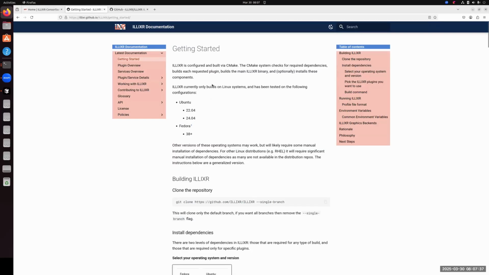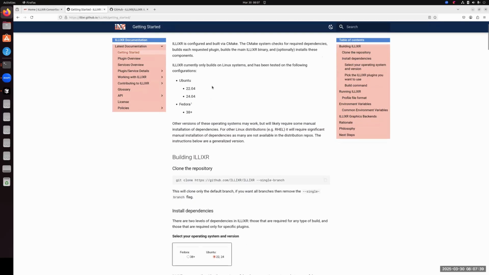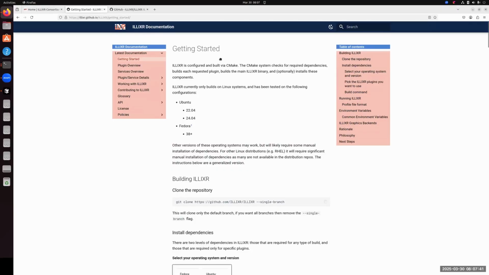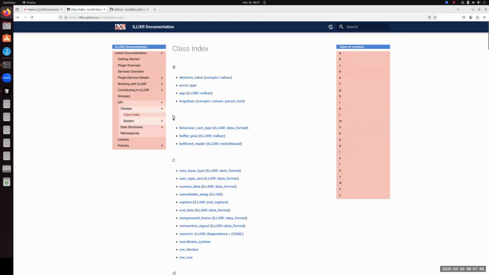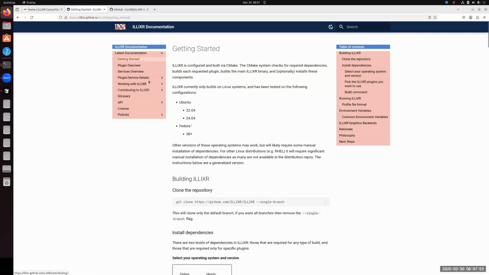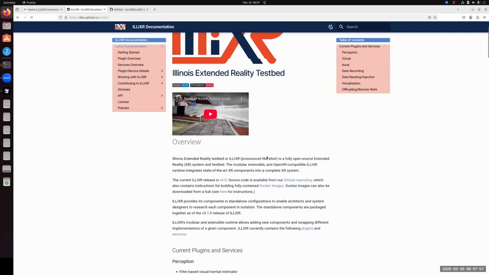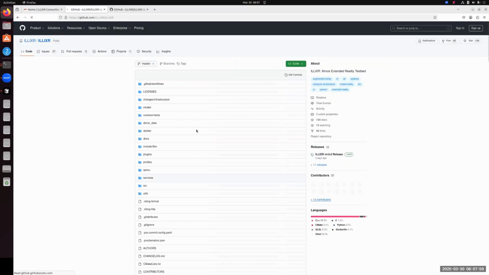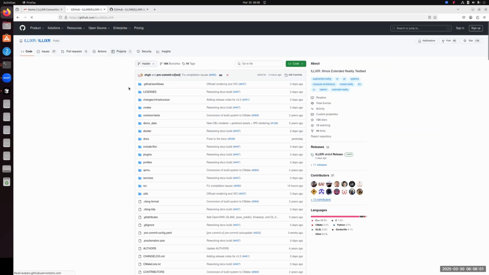This is a very comprehensive documentation of all of the functionality of Elixir. The API docs are also hosted on the same site under the API section, and you'll be able to reference them in your development. And we also link to our GitHub repo on our documentation site.